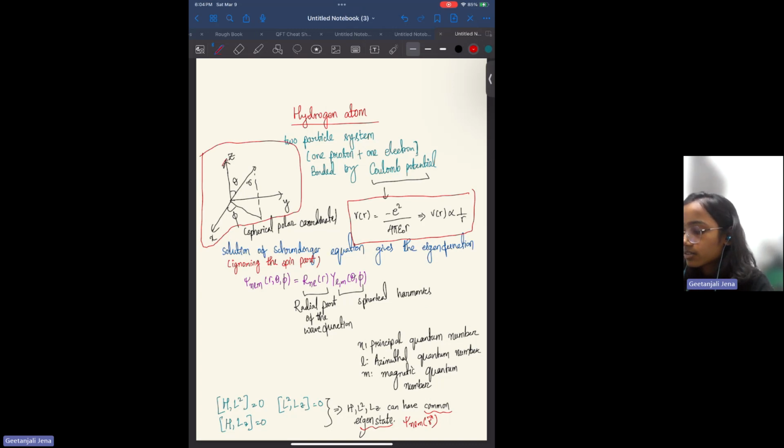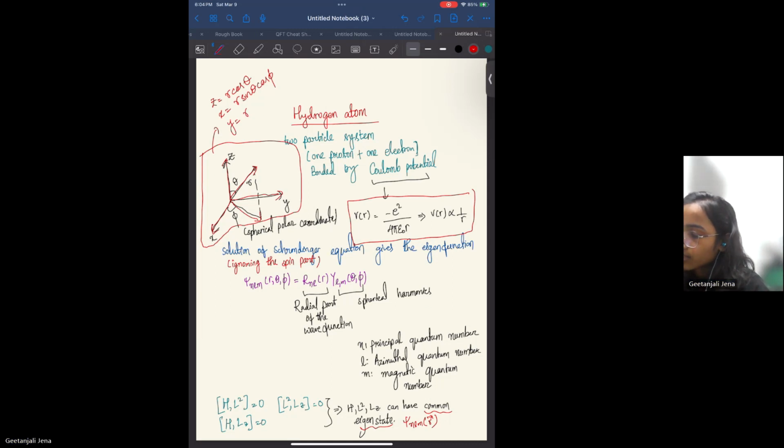In this diagram, this is the conversion from Cartesian to polar coordinates. Here you can see the z part can be written as z equal to r cos theta, the x part as r sin theta cos phi, and the y part as